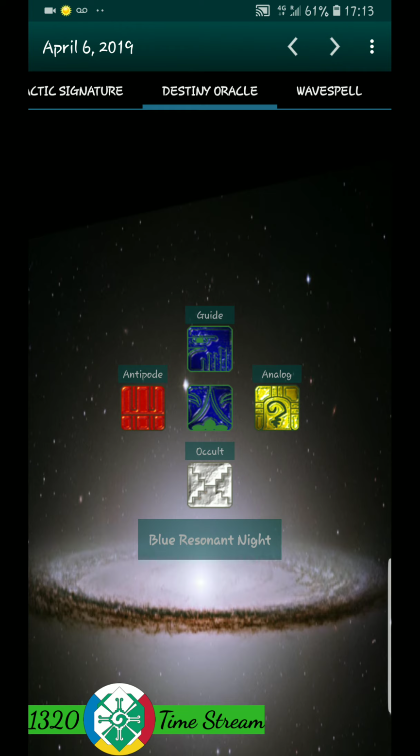Or someone's like, oh, my sign is this, and you're just like, well, this is what's going on for you, right? This is all your tones. This is all your signs. This is how they interact. This is your wave spell. It may seem like a very vast task to be able to know that, but it's actually really simple. It's very simple mathematical equations, very much like you're being shown here.